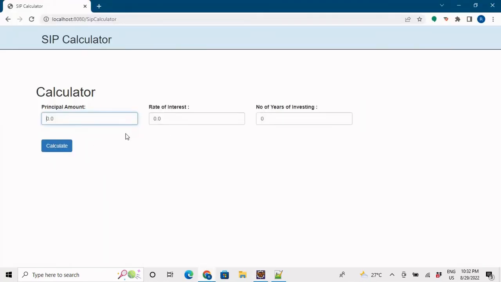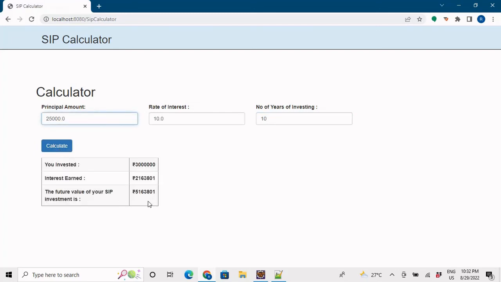So this is our calculator, right? This is a very basic kind of screen. You can beautify it anyways. So we have to enter the principal amount. If I enter 25,000, and the rate of interest is 10% I am earning, and I have to invest for 10 years, right? So now what would be the value that would be calculated here? The invested amount was this, the interest earned was this, and then the future value of the SIP is this. So I compare it with